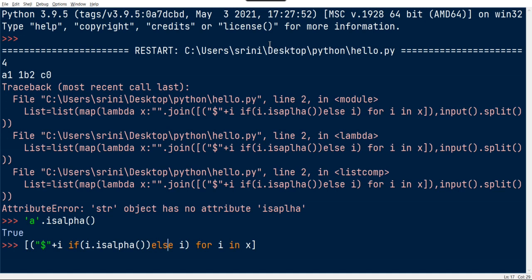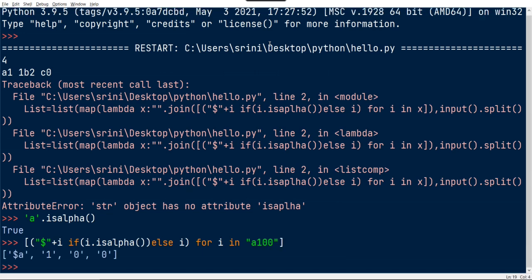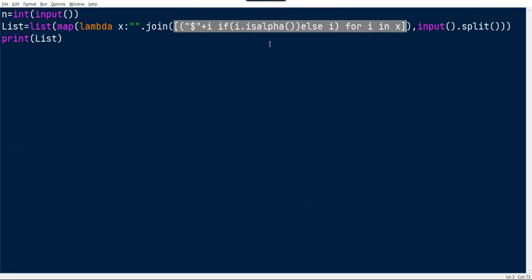If I dot is alpha, else for I in A100. Here we are getting $A100. Then why is it not working here?